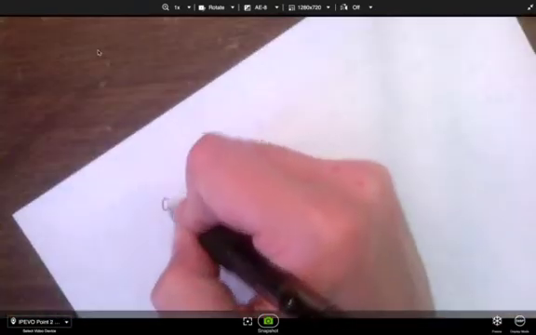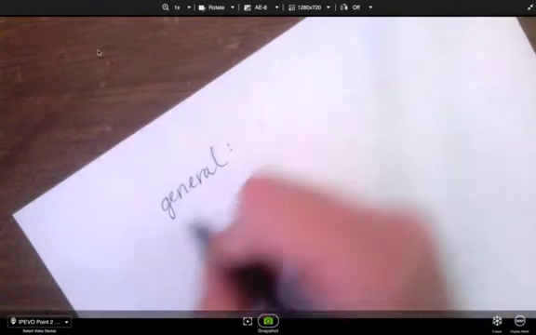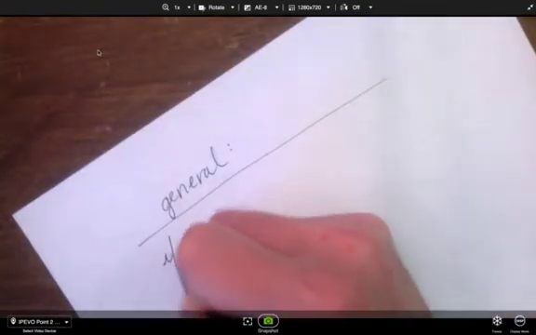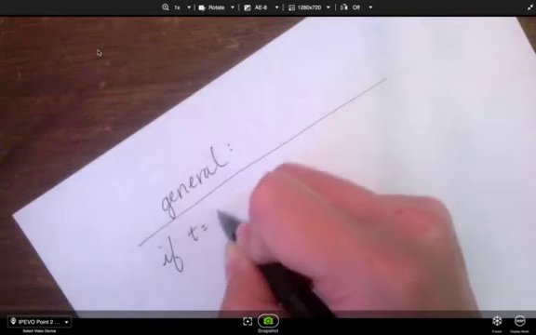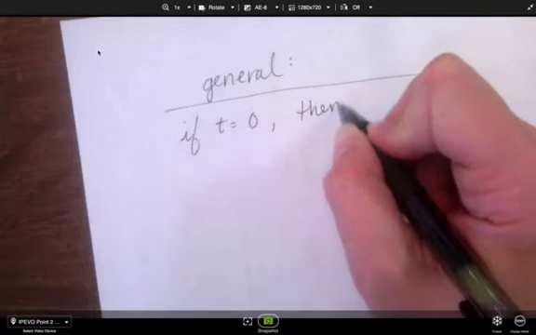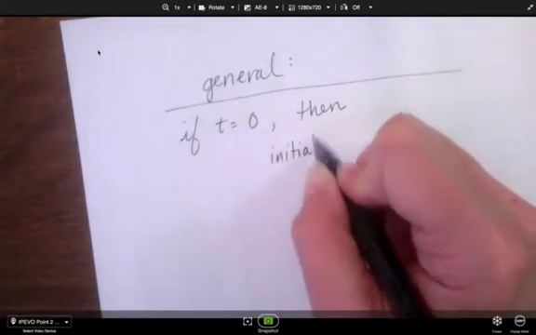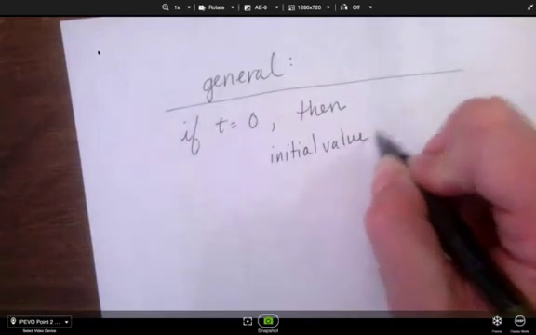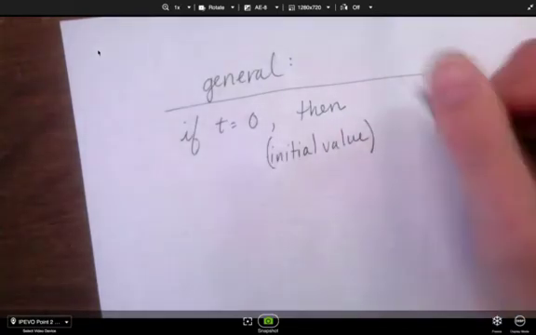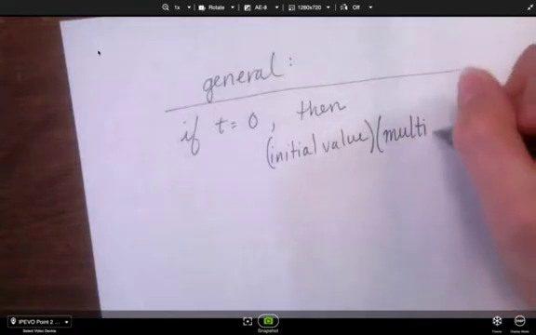We're going to say, in general, we can say that if t begins at 0, okay, then our initial value times our multiplicative, that means like the multiplier,